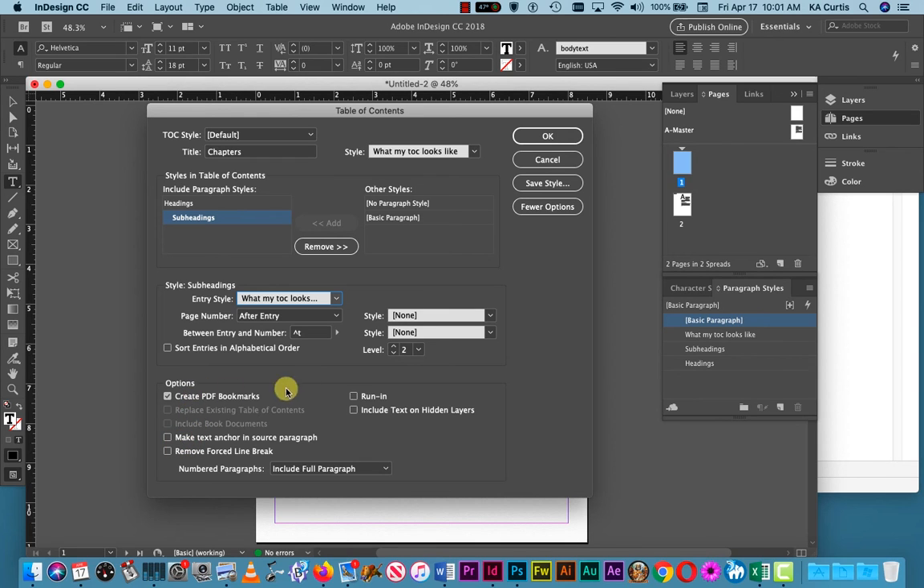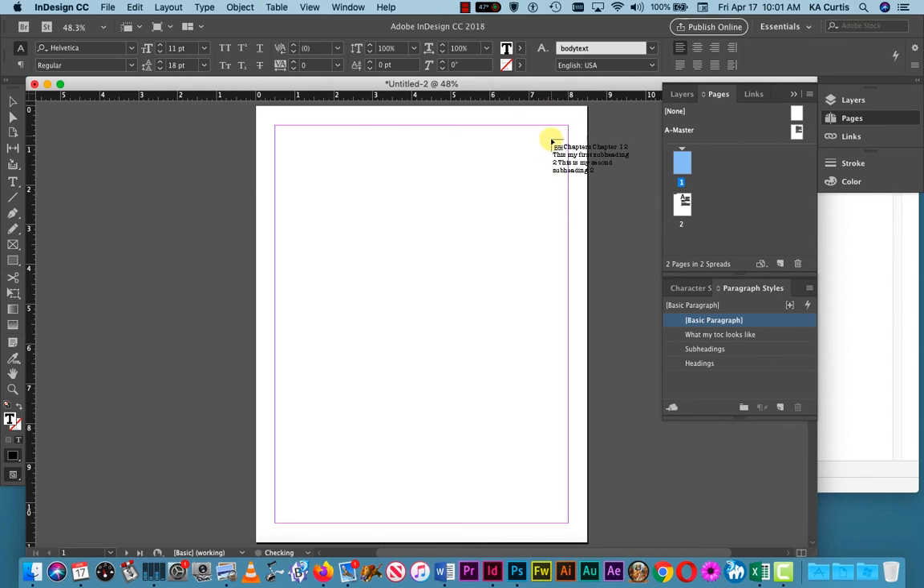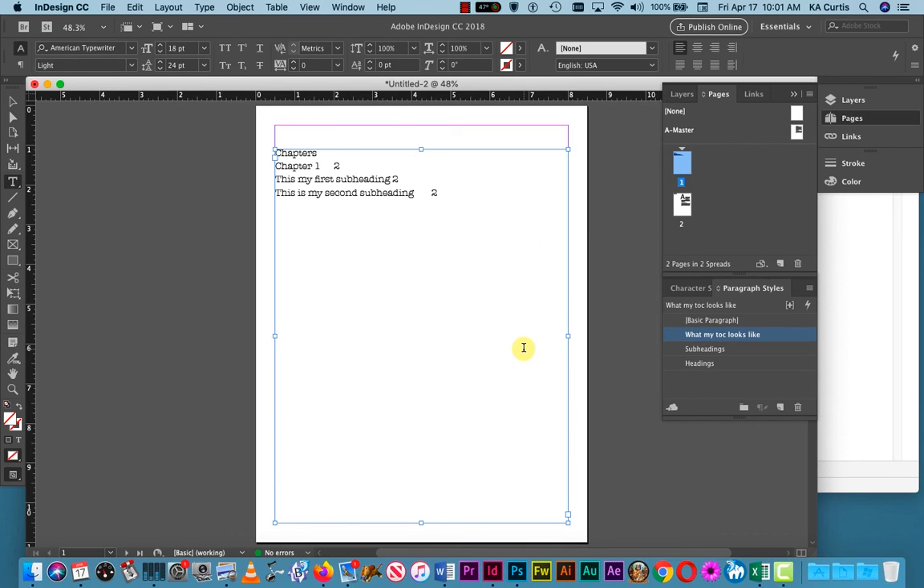I'm not going to change anything here. And because it needs a character style, I could create one, but I'm not going to. And that should be it. Unless I've missed something, let's hit OK. I went to my page that's blank and clicked. And you can see